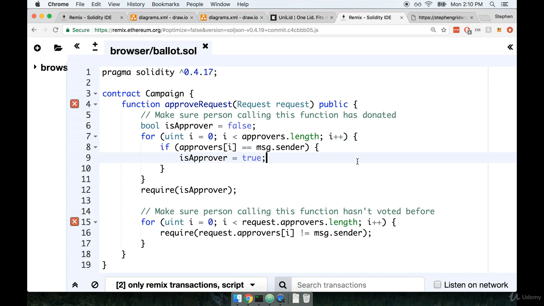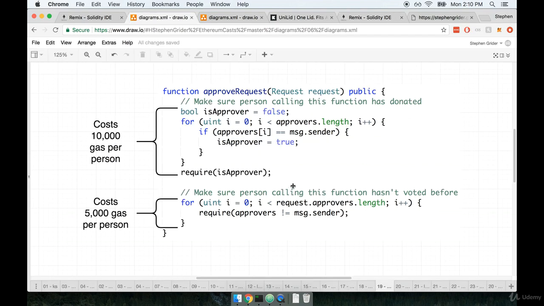In the last video, we spoke about one possible way of implementing the approval system. Let's now talk about why this is a very poor approach. So we're going to take a look at a diagram. All right, so inside of our imaginary approve request function right here, I want you to make a little assumption